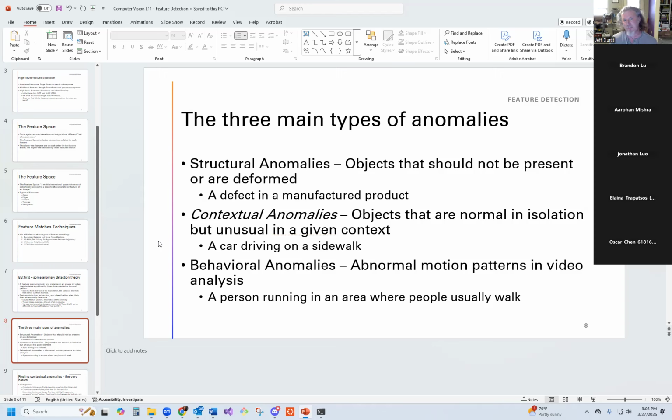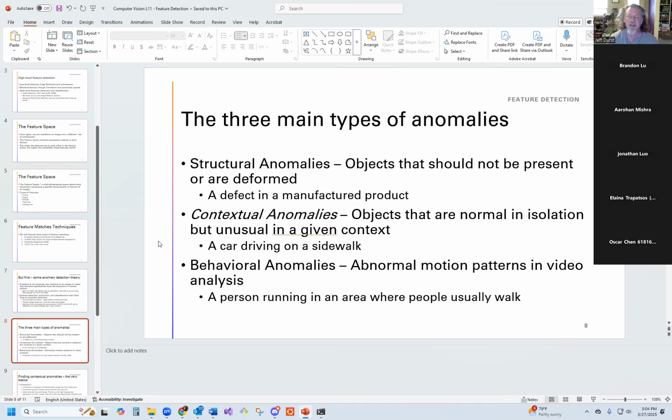This is the idea that an object is perfectly normal, like a ball is a sphere, it's fine, it's just a normal thing that exists in the world, but we shouldn't find it flying through the air or something similar. A better example is a car on the sidewalk, right? You're looking for something that is a normal thing, but it is not supposed to be